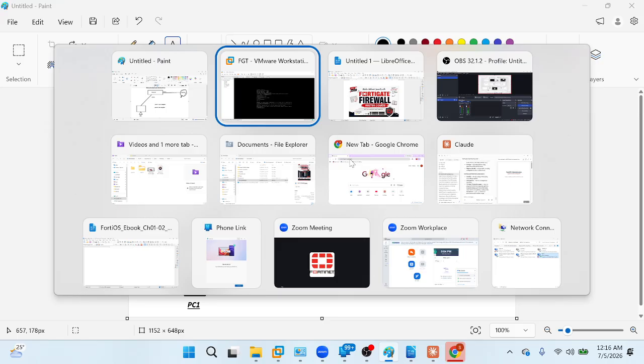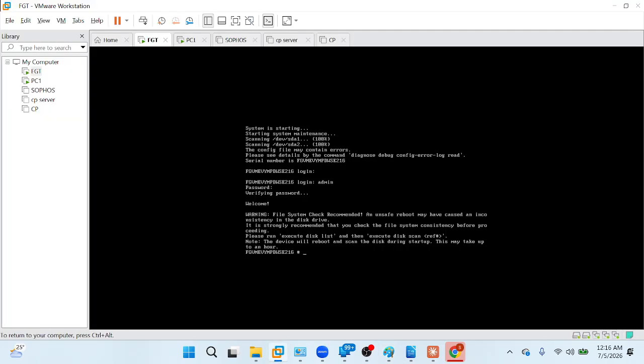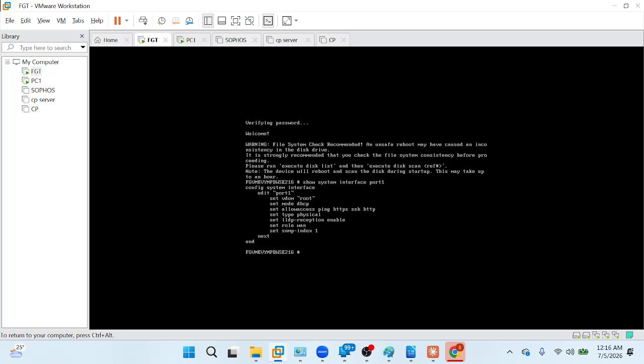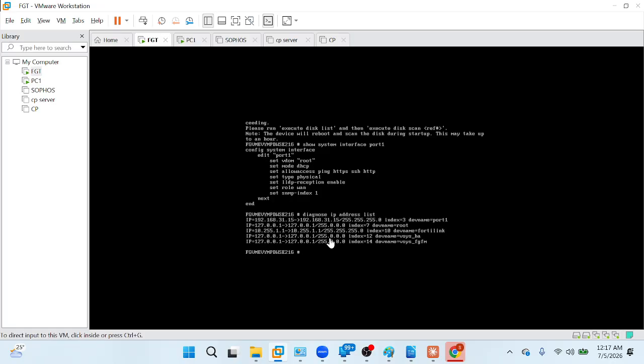Now we have to check the port 1 IP. Show system interface port 1. Okay, this is the basic settings of port 1. It is in virtual domain root, the IP is set to DHCP, and set access ping HTTP. Now we have to find the IP of port 1, diagnose ip address list. Here we can find the IP of port 1,